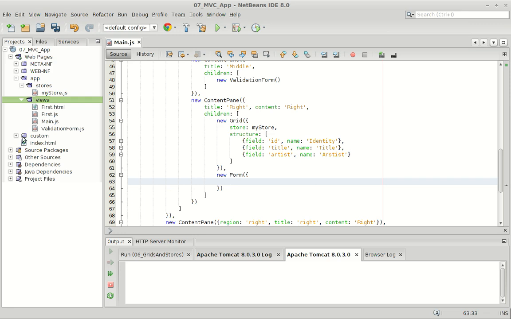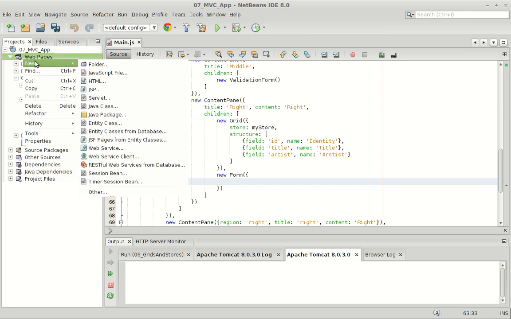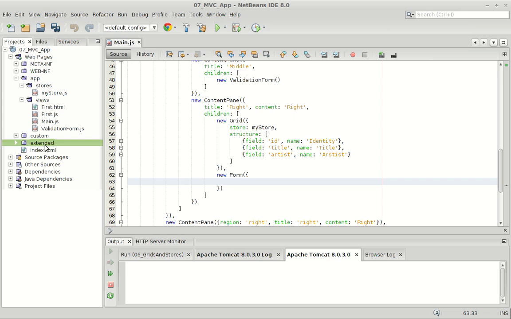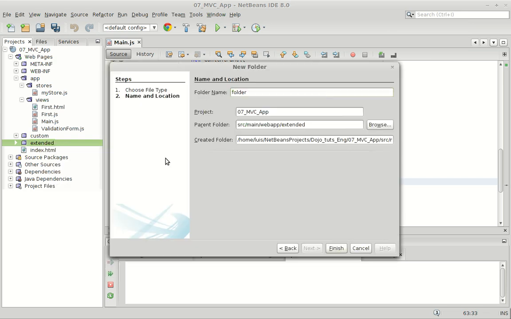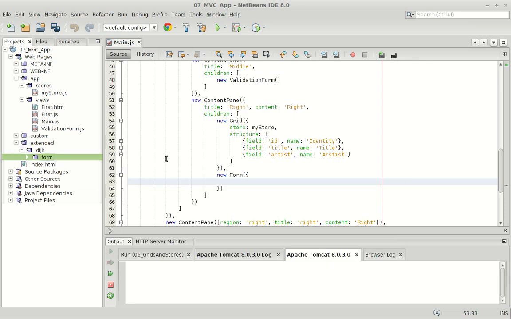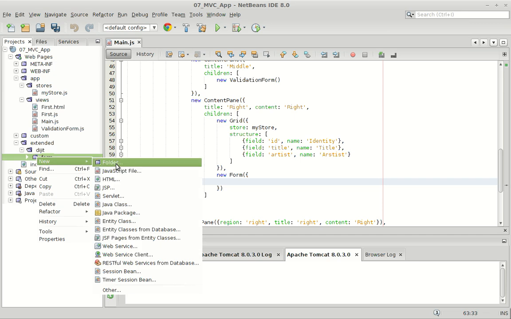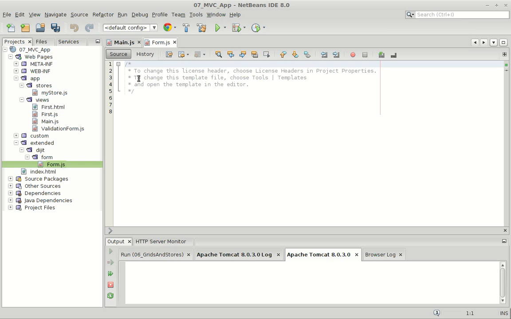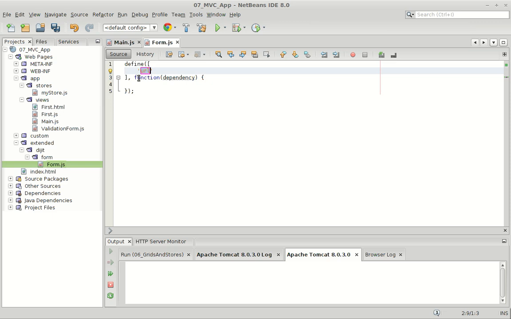So I am also going to extend the form, and I'm going to create an extended folder, and then inside this extended folder I'm going to create also another folder, and it's going to be dijit/form because I'm going to extend form. And inside this form I'm going to create a new JavaScript file, which is going to be our form. Since it is a standard one, I'm just going to call it equally as the other one, and I'm going to extend the dijit form,